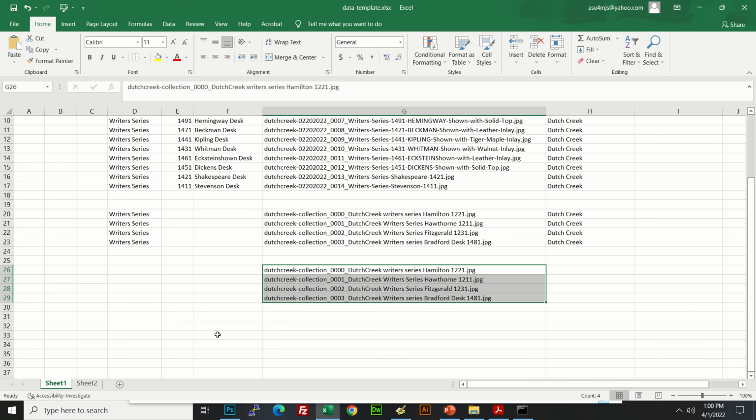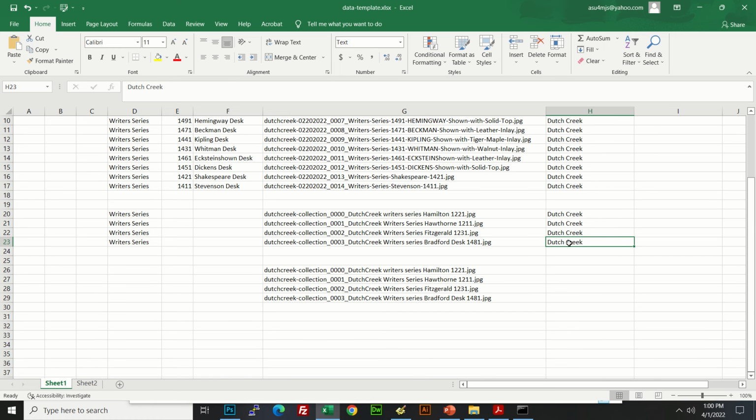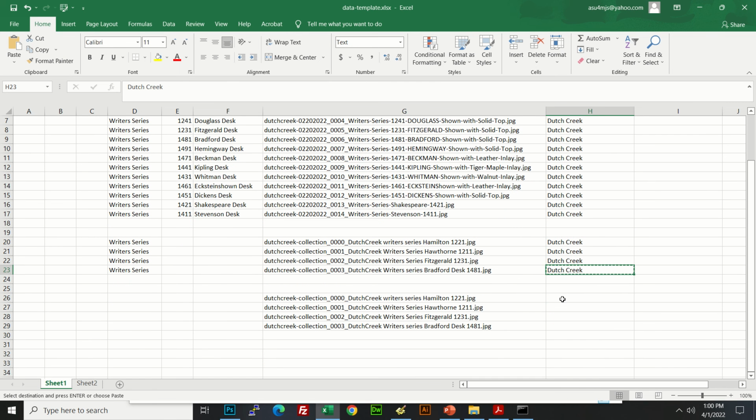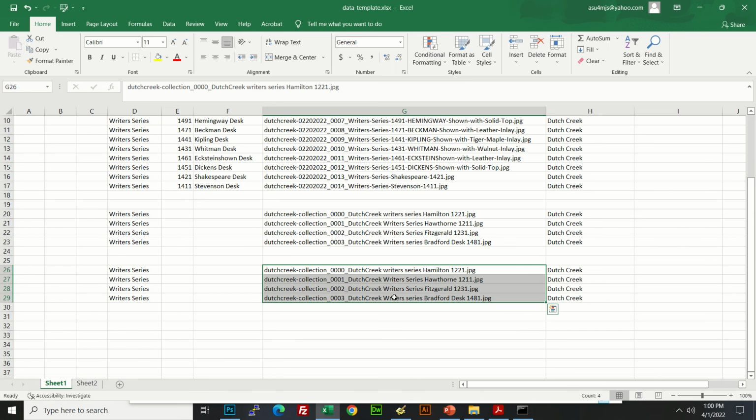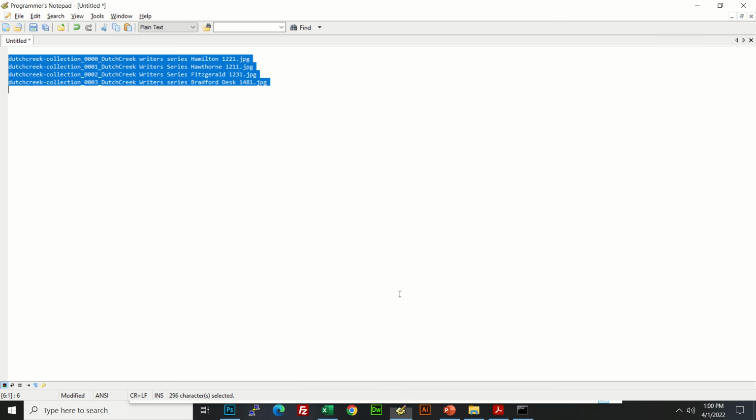Okay? At this point, what we want to do is fill out the rest of the data sheet. This manufacturer is Dutch Creek, so we just fill up all these cells. The collection is all writer series, so we just fill up all these cells. And we do a little bit of data massaging over here to get these 2 columns filled. And so what we're going to do is copy this list, come back over